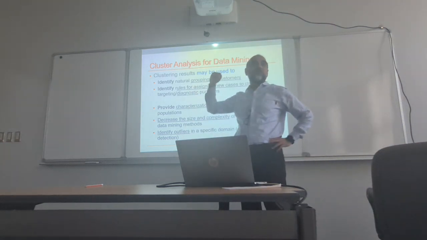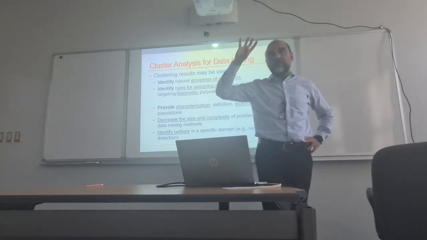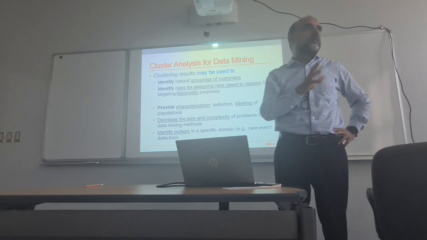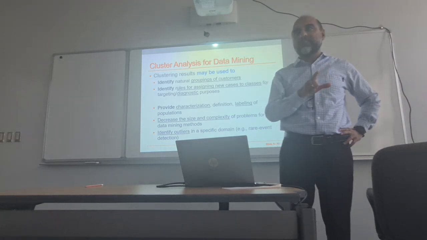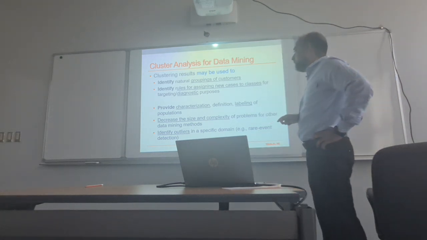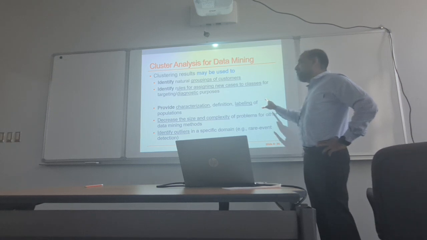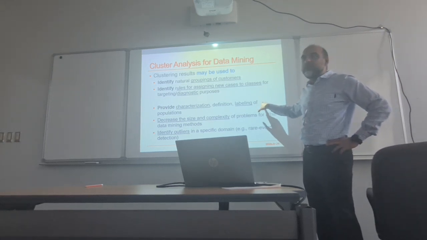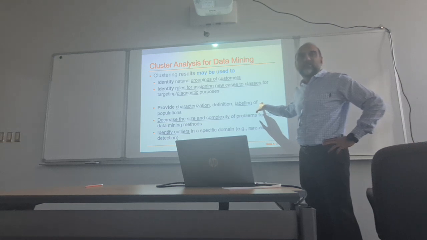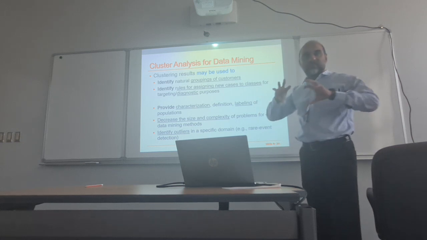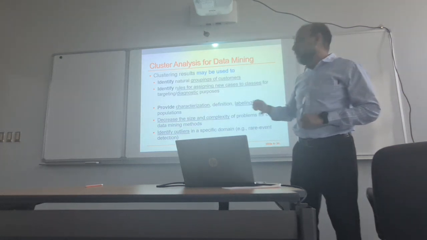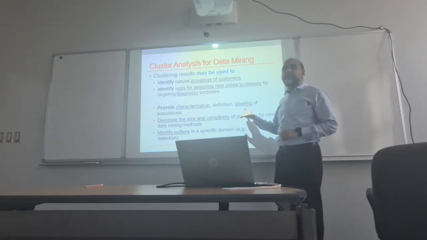Certain medical diagnostics, etc. If you see certain attributes together, it's a sign that there can be a certain disease that can happen. So you can use clustering there. It is also used to support classification. Where did you get your classes when you don't know your classes? Normally what happens is that you use clustering to form groups, and then each group you label it and call it a class.